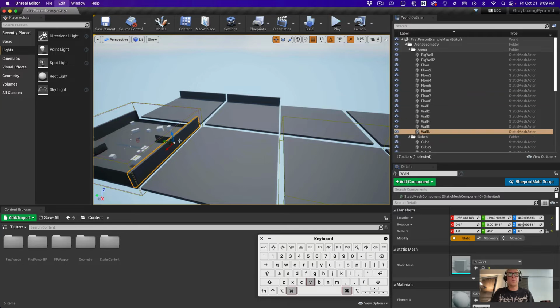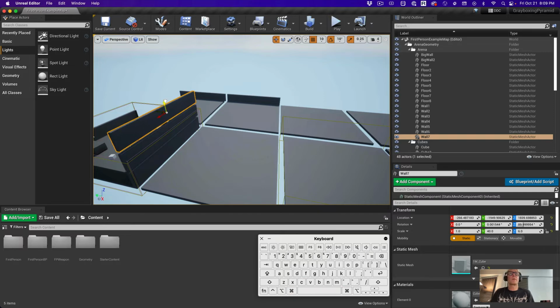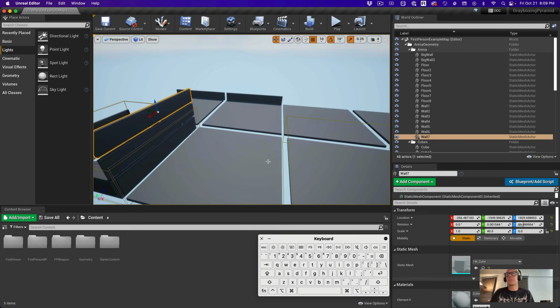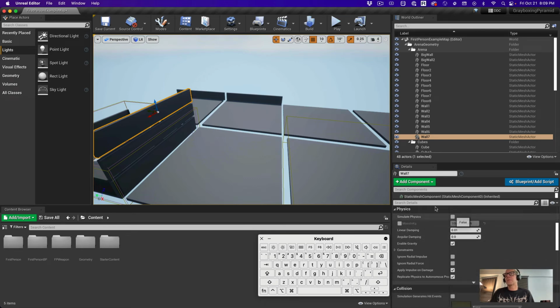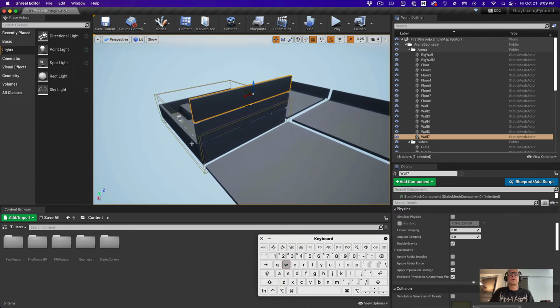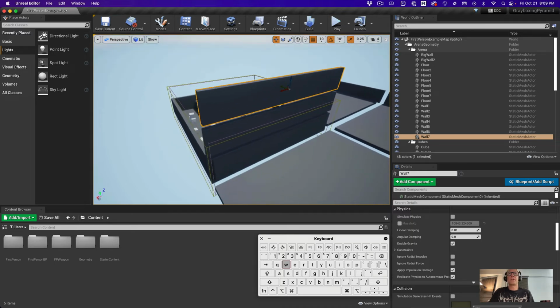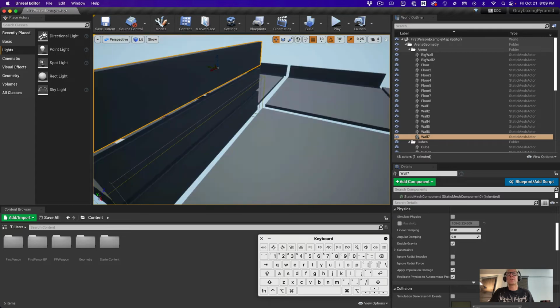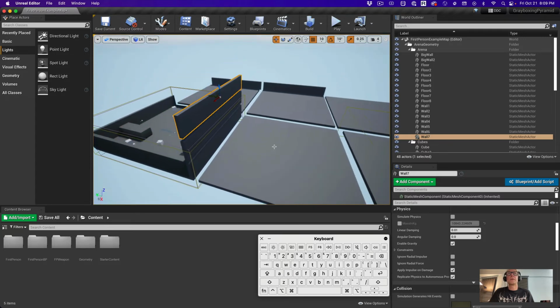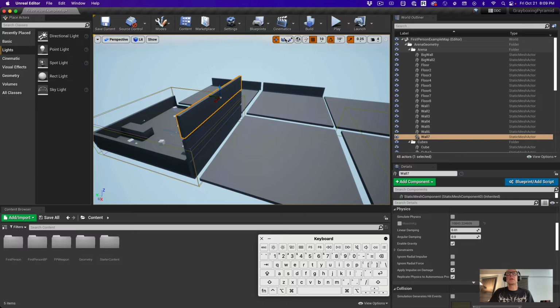And again, you can do Command C, Command V and make something even taller. Like this. And again, because physics isn't turned on, let's double check and make sure physics isn't turned on. Simulate physics, not turned on. You'll see you'll have these walls kind of floating, those sci-fi wall panels floating in space. You can also do things like rotate this object,